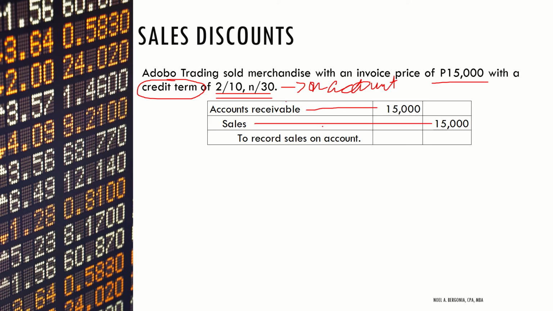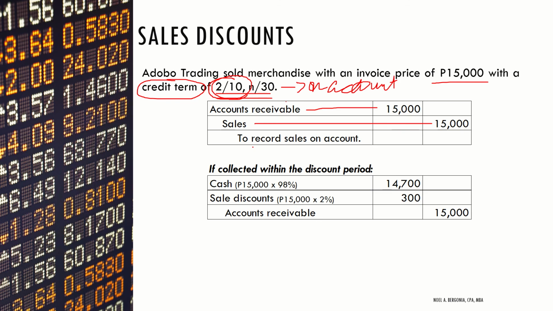Okay? So kanina, napag-usapan natin na the discount or the cash discount could be available only up to certain extent. So dito sa example ng credit terms, we have 2 over 10 and over 30. So ibig sabihin, 10 days lang po. Within 10 days po yung payment ni customer para makapag-avail ng 2% discount. So let's now have paano kapag na-avail ni customer yung cash discount kasi nakolekta natin within the discount period. So nagbayad si customer from day 1 up to day 10. Okay. So what would be the entry?